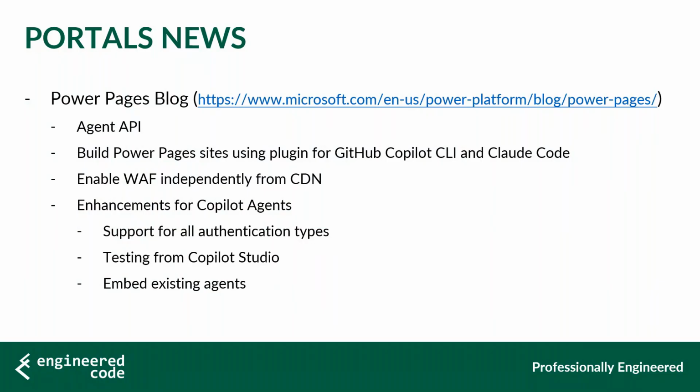sort of stuff. So if you're into that AI stuff for building sites, another thing that you can play with. They also announced that you can now enable the WAF, the web application firewall, independently from the content delivery network. Historically, those were kind of tied together. So you could enable the CDN, but if you wanted the WAF, you had to enable the CDN. To enable the WAF was not possible until you enabled the CDN. Now you do have the option. If you don't want the CDN, you can enable the web application firewall